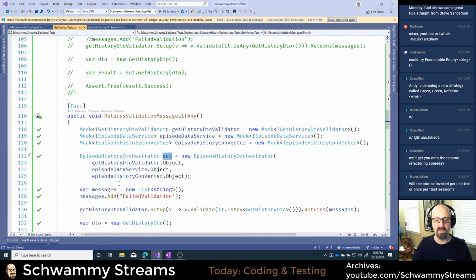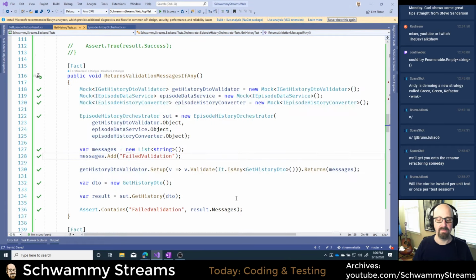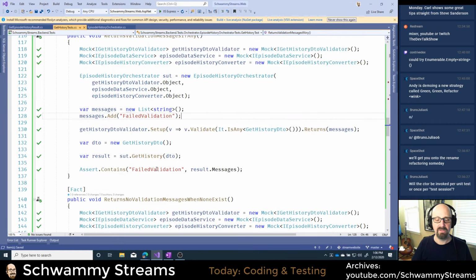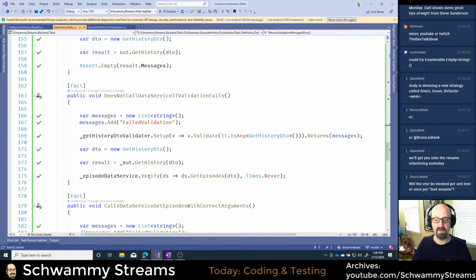I don't care that any of these things work or how they work because they've already been tested by other unit tests. But I do need to deal with the fact that sometimes they return values, and if that value is null, it could get in the way of other parts of my code. So we often set up to return empty lists or things like that. When I want a test that's dependent upon the results, I can easily mock it out so that it returns the results I want to set up tests. I can run my asserts on them, or I can use Verify. Verify is the other thing that we can use in here.